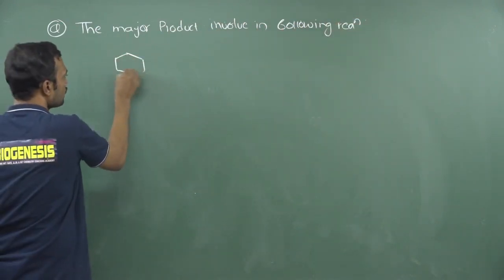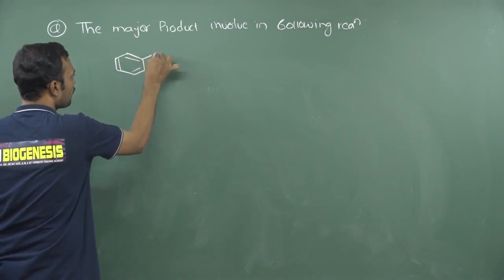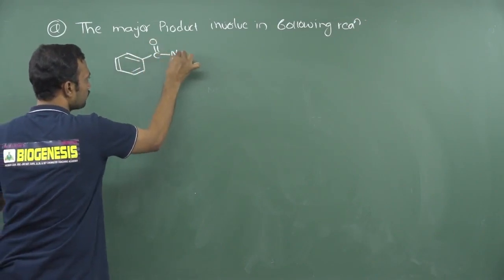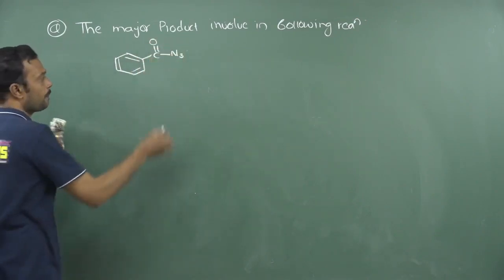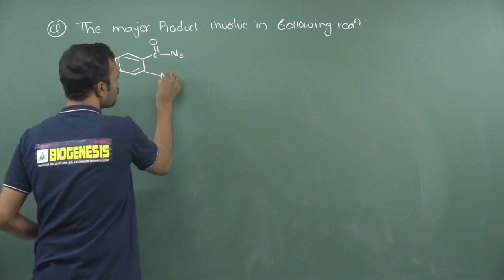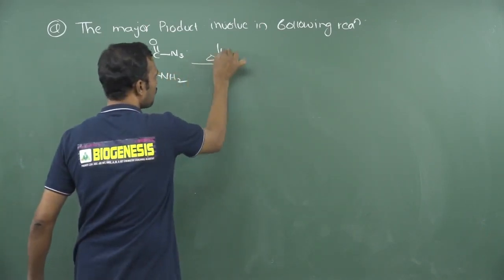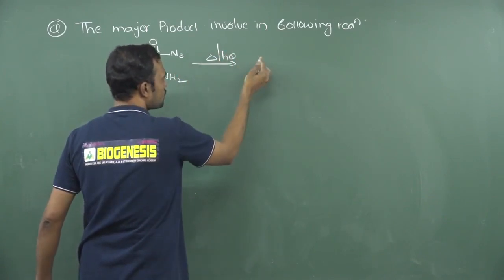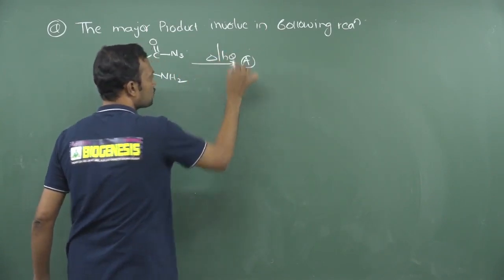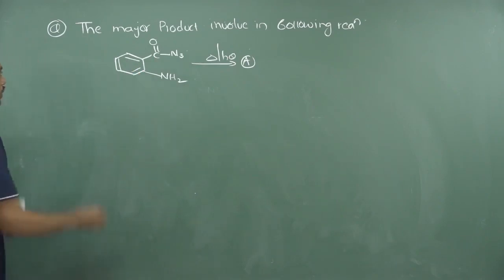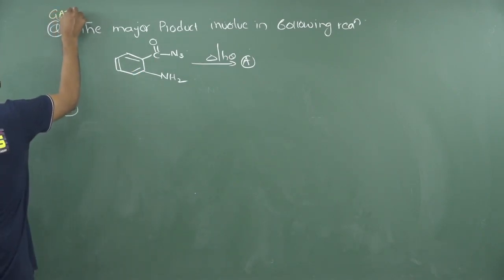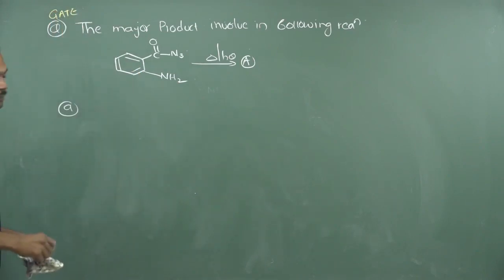Okay. See, I am writing an acyl azide. This is acyl azide. Now this acyl azide is going to react with thermal or photochemical conditions. So your answer is A. So what is A involved in this reaction? This is a question which is asked in GATE examination, and even in IIT Advanced this question is asked.